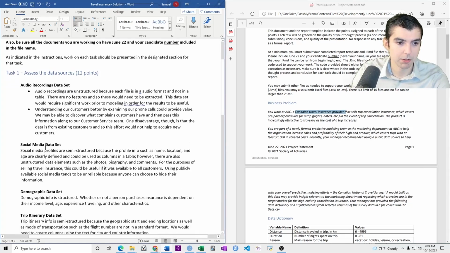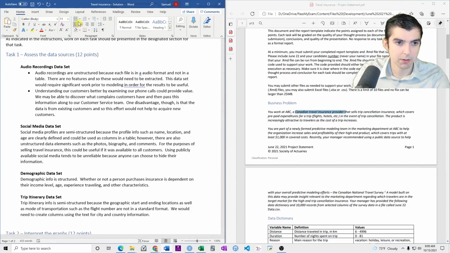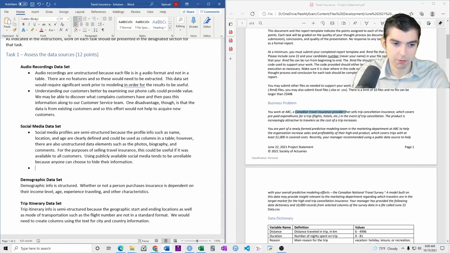The next one, social media profiles. So social media, so Facebook or Google ads are a common way of attracting new customers.